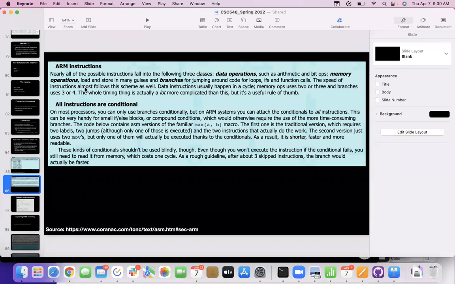Loads can also be used to store immediate values, to load an immediate value into a register. Like you can load the value 27 into a register. So you're not actually sourcing it from system memory. You're just saying, hey, here's the literal integer value 27. I want to put it in R5, something like that. And then lastly, we have branches, and this is for loops and if statements and things like that, and function calls. Now, what's interesting here is, for those of you who've never done assembly before, some of this might seem pretty cryptic, but